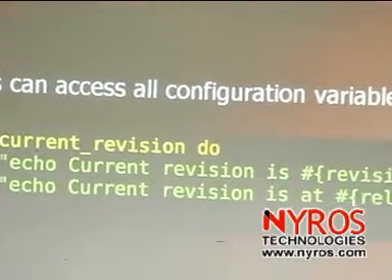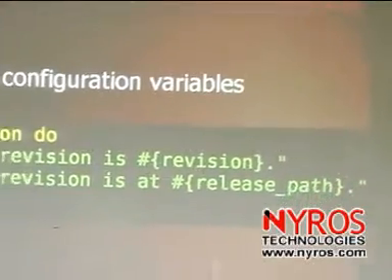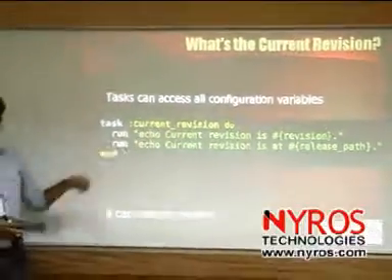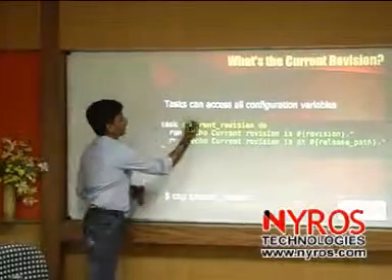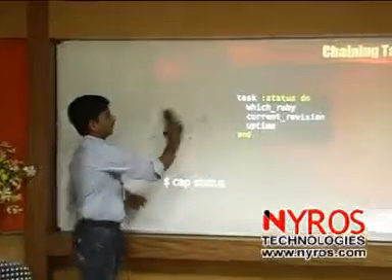We can execute these by name, like cap current revision. We can write any name. This current revision is the name of the task. So it's user defined. You can give any name, these are not predefined. If you write Mangesh, we can run cap Mangesh.